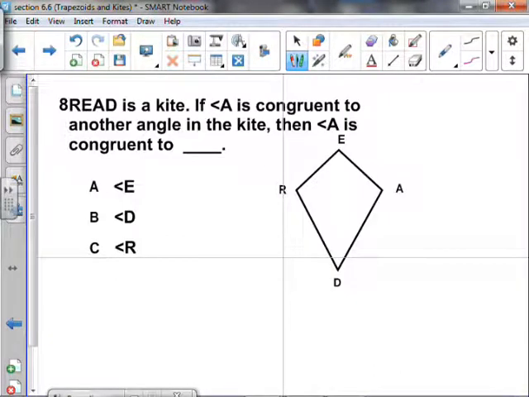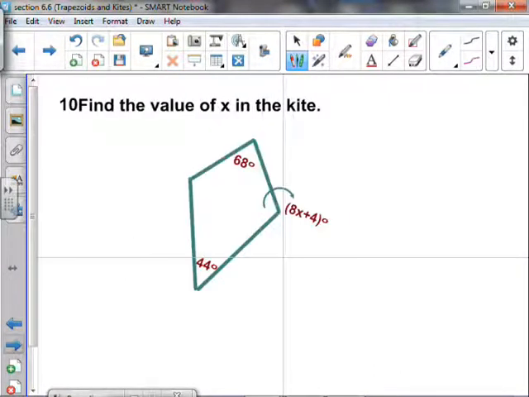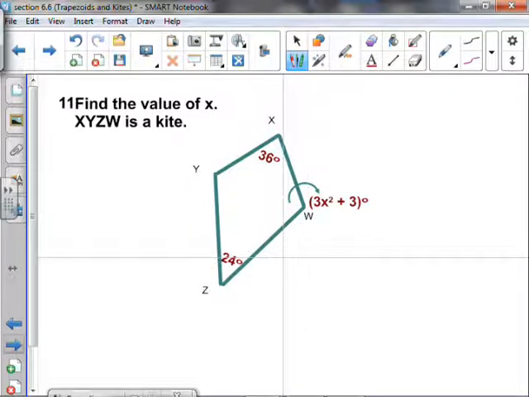Okay, number 8 is for you, number 9 is for you, number 10 is for you, number 11 is for you,